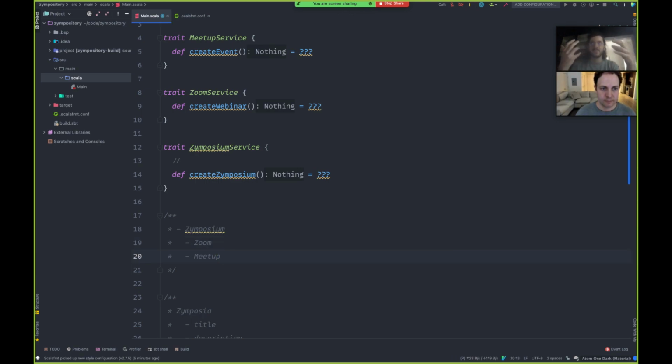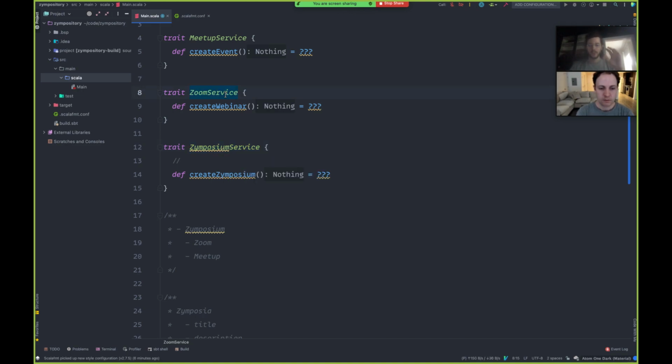Maybe we could put an HTTP service or something in between, but basically Zoom and Meetup are the boundary of this. I think John recently made a recommendation, which I like and it would be cool to try, that for the boundary services, we have these as traits, which then you can have a test implementation of and a live implementation of, which would make sense. When we test the Zoom service, maybe we do want to test the live implementation against a real API, but do that in a controlled manner and not every time we run our tests, and certainly not when we're testing Symposium.